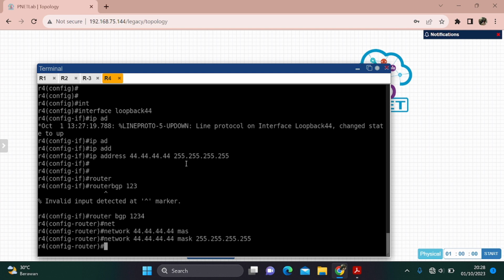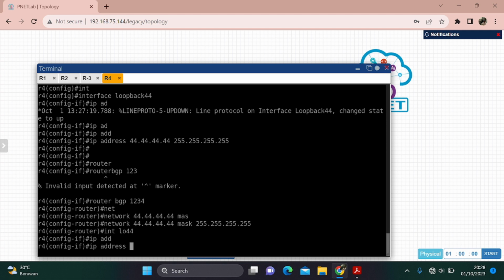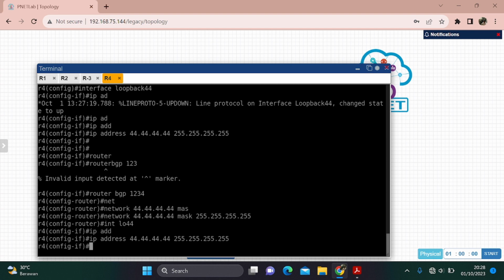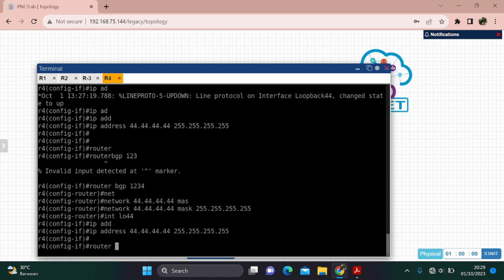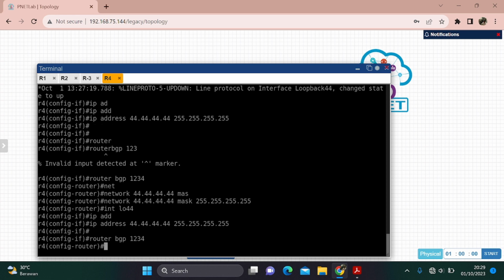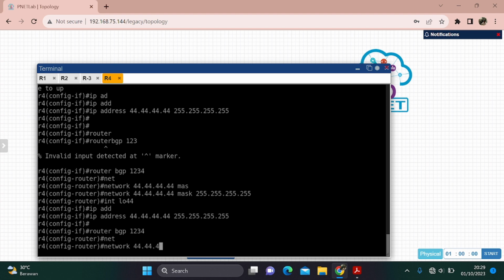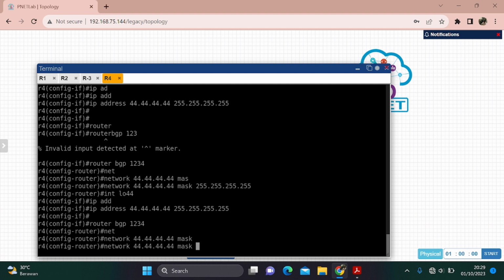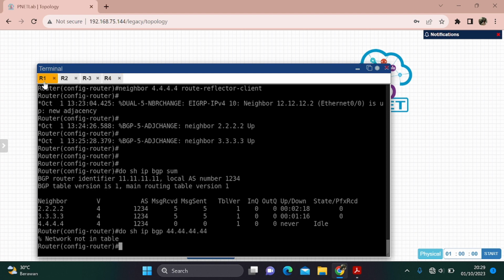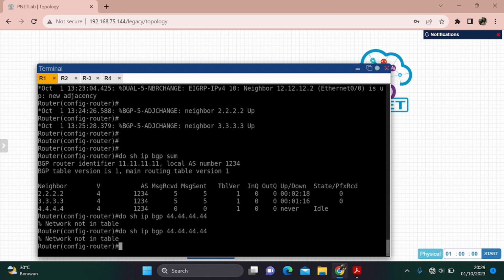Interface, IP address, and then wait a second.